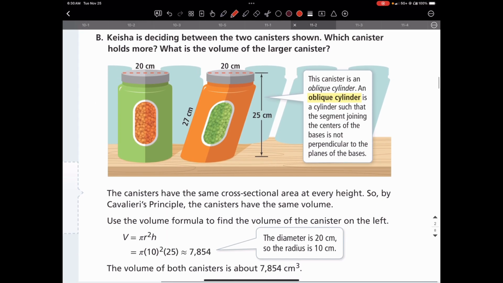Looking at B, Keisha is deciding between the two canisters shown. Which canister holds more? What is the volume of the larger canister? Notice they both have a diameter of 20 centimeters. Okay? They both have a height of 25 centimeters. See this information here? That's just there to throw you off. That's not relevant. What's important is this height,